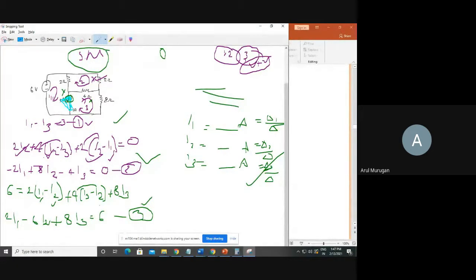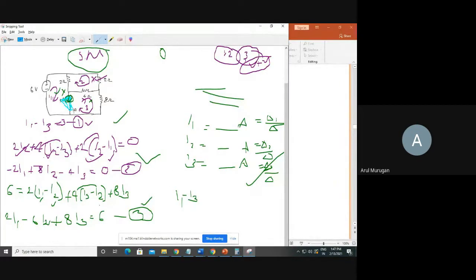It's a downward direction. Yes or no? If it is a downward direction, then who is following it: either I1 is downward or I3 is downward? I3 goes down to up, the opposite direction. Who is in the same direction? I1 is the follower, so write I1. Who is opposite? Then minus I3.